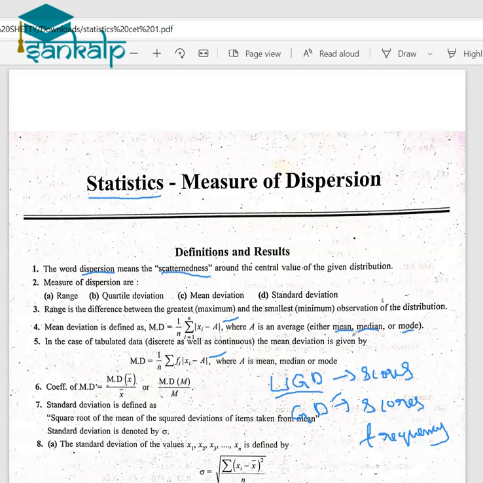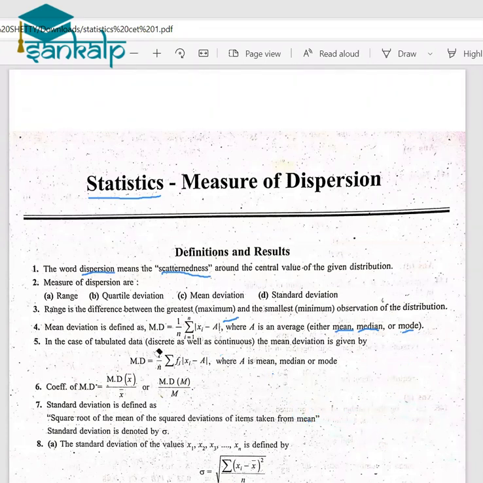So mean is nothing but the average, and it is given by the formula x bar is equal to sigma xi divided by n when we are considering the ungrouped